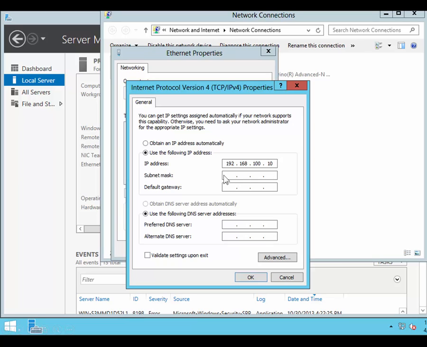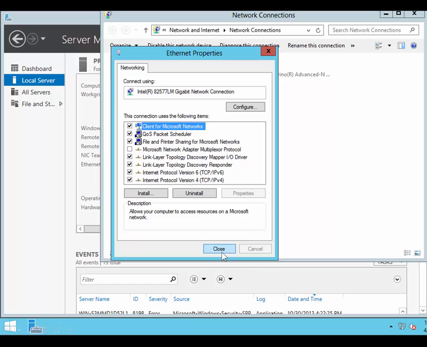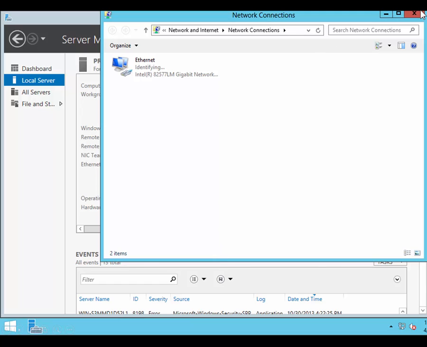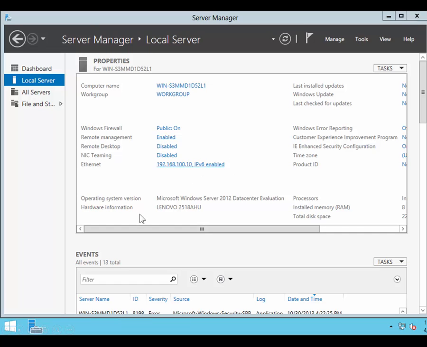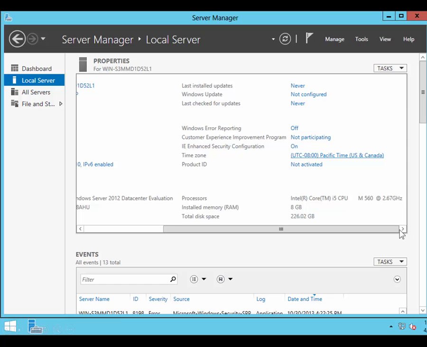I assign a subnet mask. I assign a default gateway, and I specify the IP address of the DNS server. And if you're doing this on a home network, most likely default gateway and DNS server are going to be the same. I click on OK and close, and I close network connections,